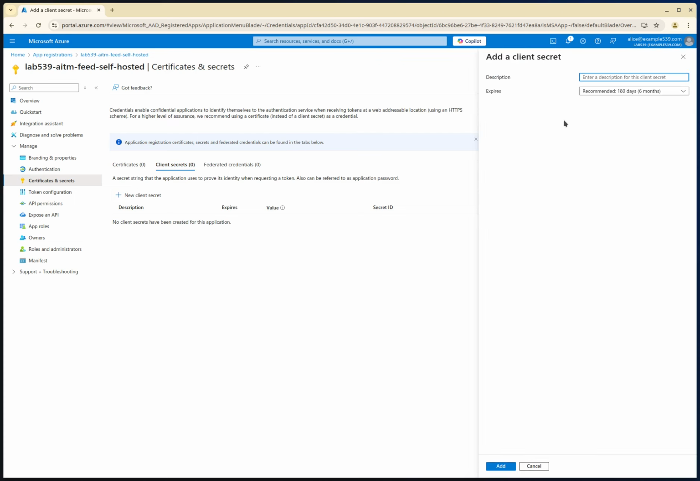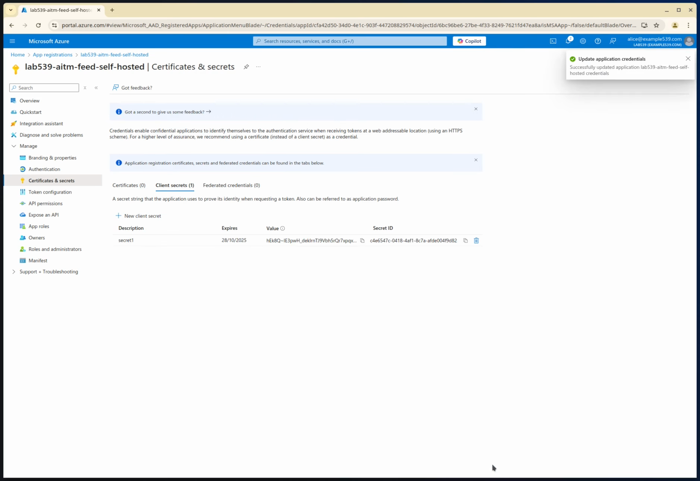You'll want to give your secret a name or description, and also specify how long it should be valid for. We've called ours Secret 1 and set it to be valid for 1 year. Once created, you'll see a value and a secret ID. It's really important that you make a note of these. This is the only time you'll see that value, so copy it into your password manager or wherever you securely